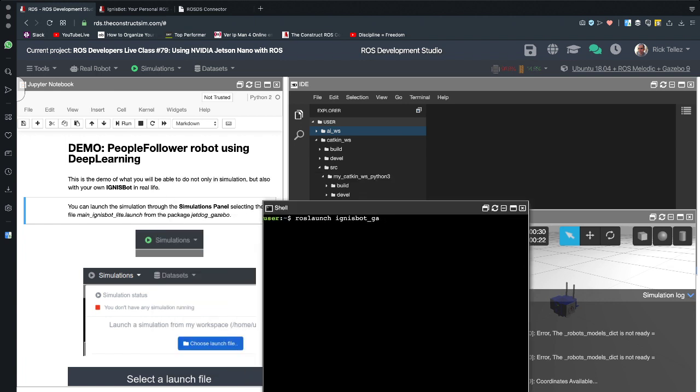JetBot Gazebo. JetDog. Okay, JetDog Gazebo. Then main IgnisBot Lite. So if you launch this, I'm not going to launch it, okay, because I already have the